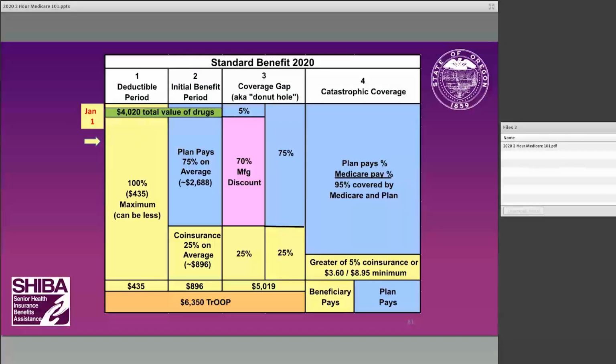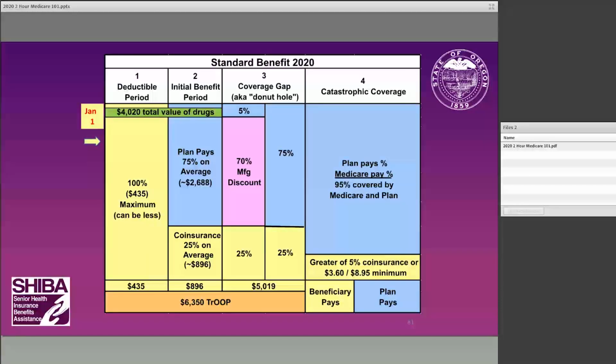25% out of pocket. In that pink square, that just says if you have a brand name drug, you're still going to pay 25% out of your pocket of whatever the insurance company is paying for it, but they're not going to shoulder the other 75%. They're actually going to get a discount from the manufacturer of that drug. And that discount acts as if it's coming out of your pocket. So you're getting credit for 95% of the cost of that brand name as if it's coming out of your pocket. And that's important, because on that very bottom line there where it says